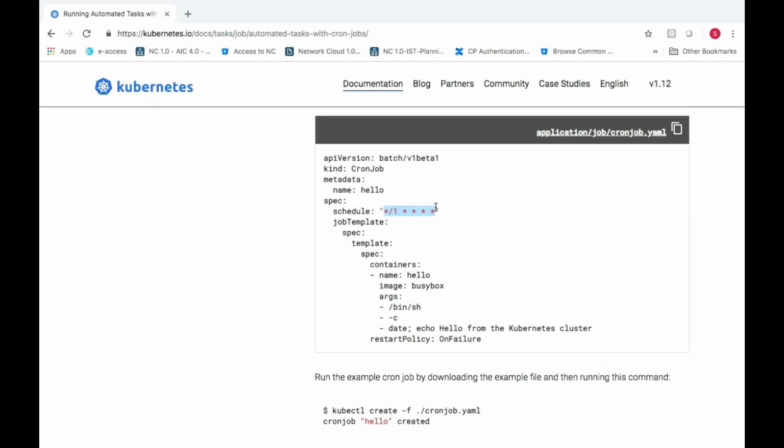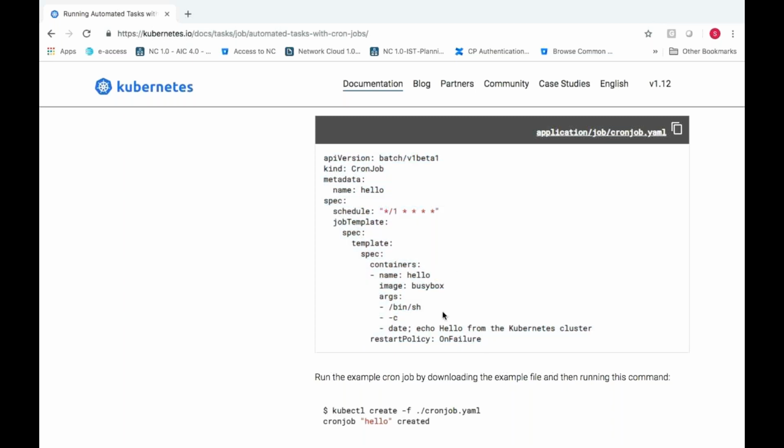There will be totally 5 entries, 5 columns. What is the meaning of each and every column? Can someone come up and tell what this is? Okay, the first one is minute, then hour, date, month, week. So the first one is the minute, so every minute the job will run. Every minute, every month, every day. To be simple, every minute it will run your cron job. Okay, so let us see that.